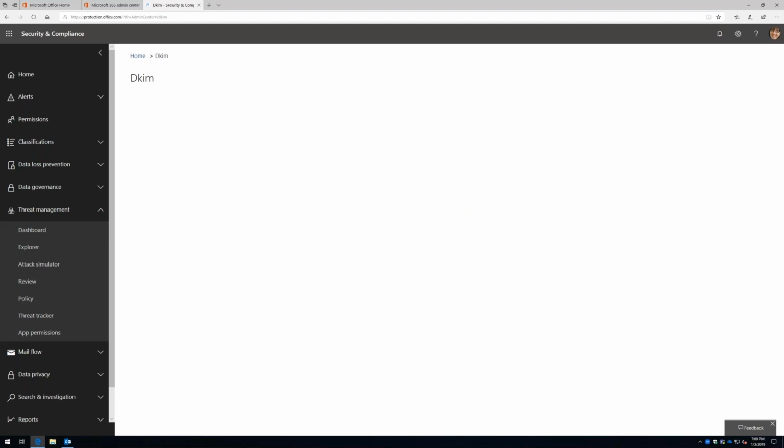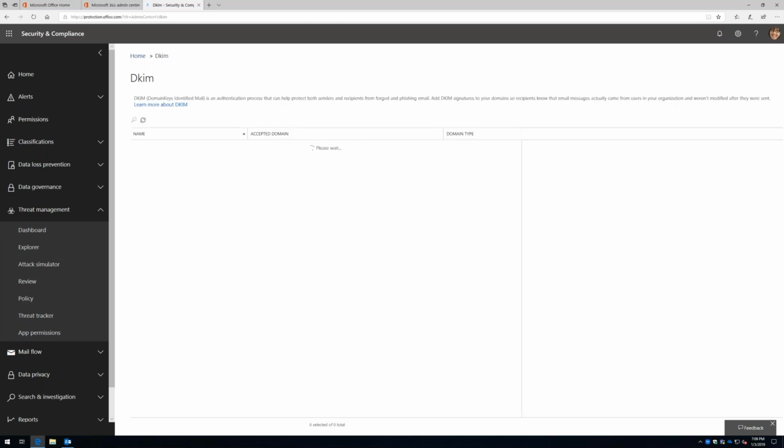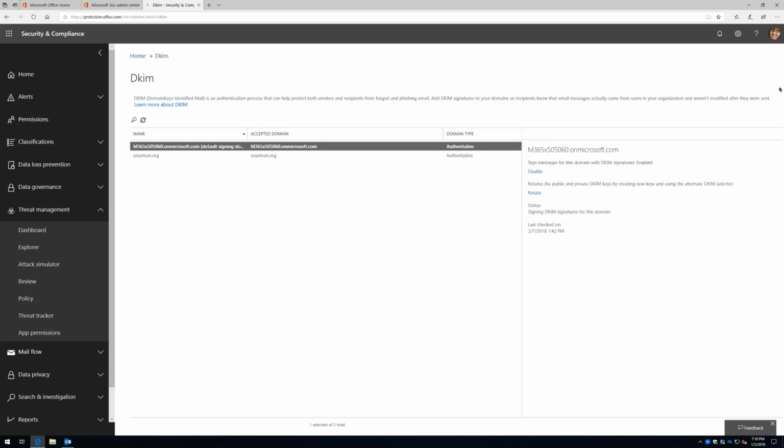And so what DKIM allows you to do is basically, in a nutshell, prevent somebody from spoofing by using a digital signature in the email message, and by basically encrypting the header in that message so that it becomes not impossible, but pretty darn expensive to be able to spoof. And so to set this up, it's actually pretty straightforward, and this is where someone like Agile IT can help you through the process to make sure it's seamless for you.